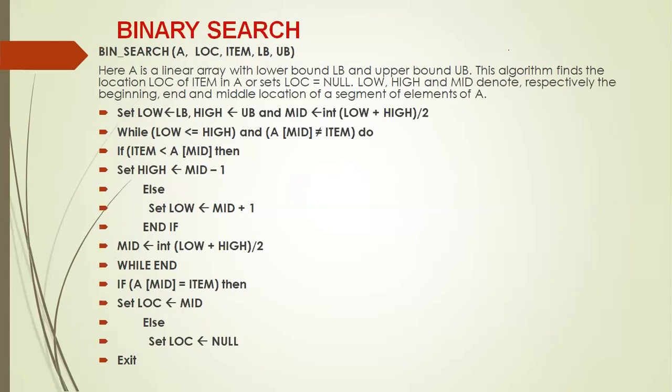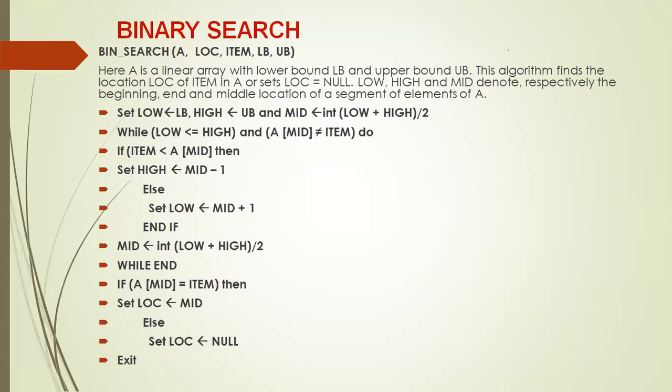Let us consider the second searching technique called binary search. I told you earlier, binary search is also a searching technique. The major difference between a linear search and a binary search is that in linear search, every element of the array is compared with the search element. Whereas in binary search, every time only the middle element of the array is compared with the search element. If the middle element value is less than the search element, then there is no need to search the first half of the array. We can continue searching only the second half of the array.